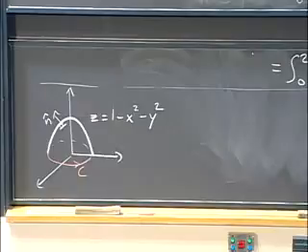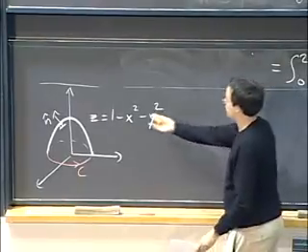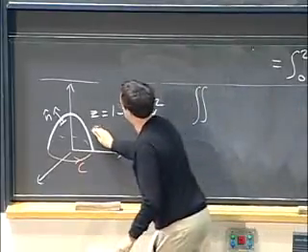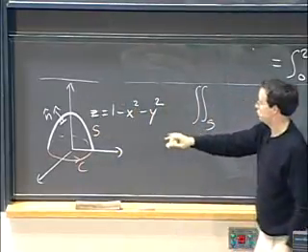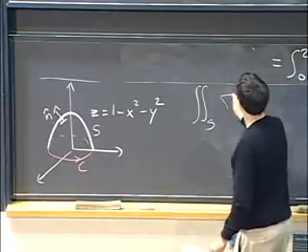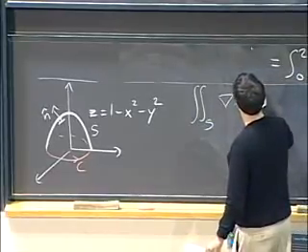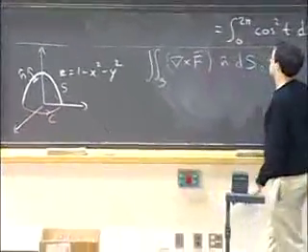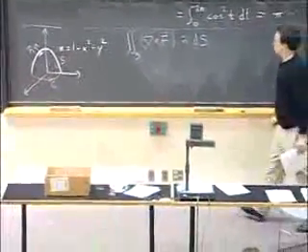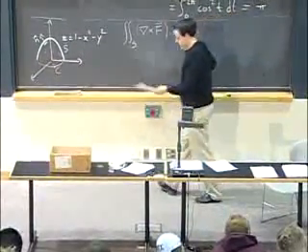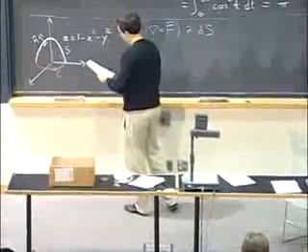So we'll have to compute the flux through S. I mean, we don't really have to because we could have chosen the disk. It would be easier. But if we want to do it this way, we'll compute the flux of curl F through our paraboloid. So how do we do that? Well, we need to find the curl and we need to find n dS. Okay, let's start with the curl.